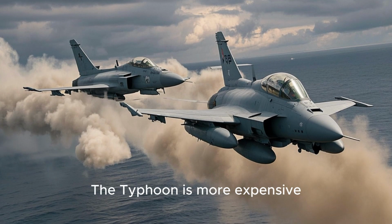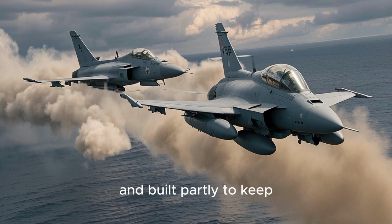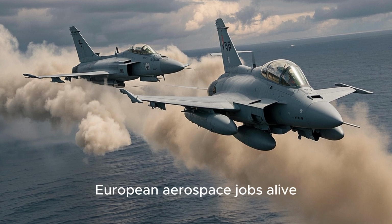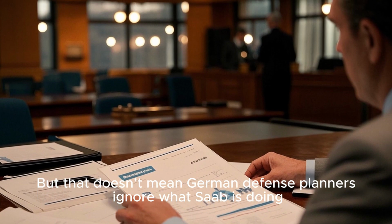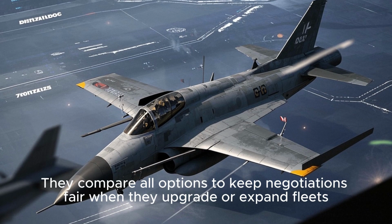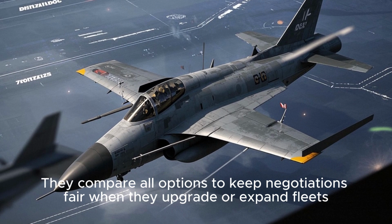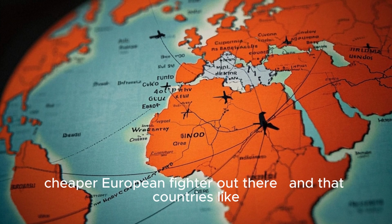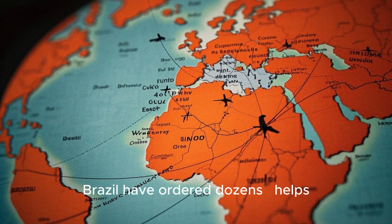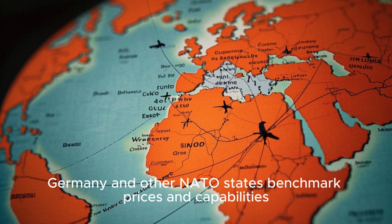The Typhoon is more expensive, more powerful in some respects, and built partly to keep European aerospace jobs alive. But that doesn't mean German defense planners ignore what Saab is doing. They compare all options to keep negotiations fair when they upgrade or expand fleets, knowing that there's a modern, cheaper European fighter out there, and that countries like Brazil have ordered dozens, helps Germany and other NATO states benchmark prices